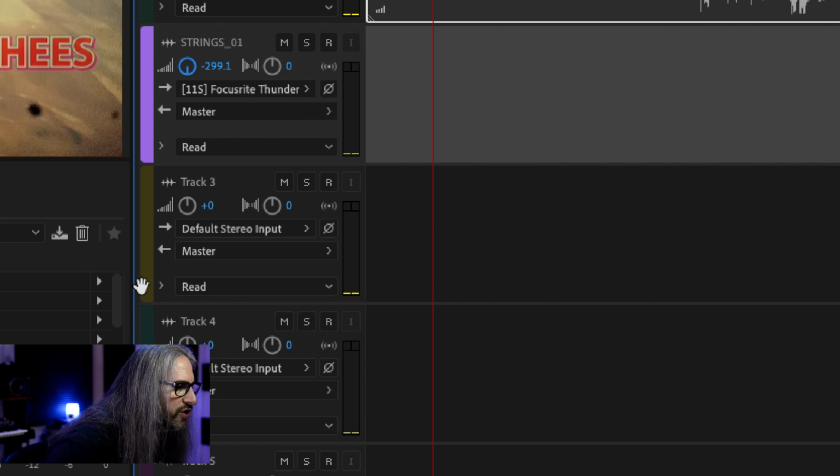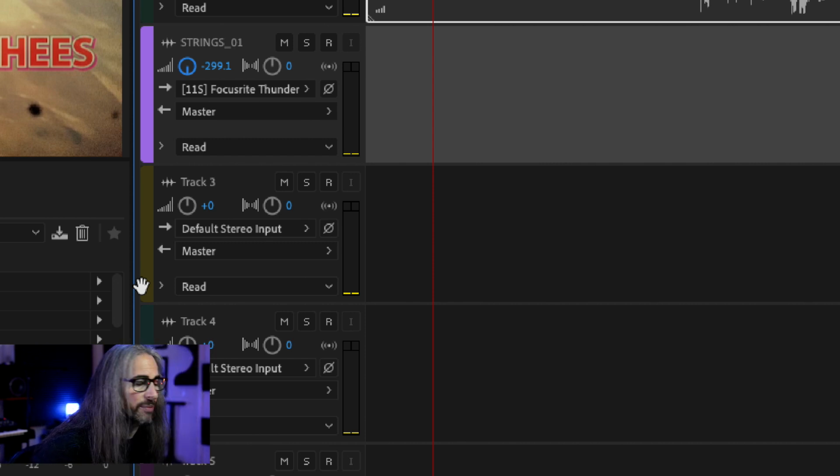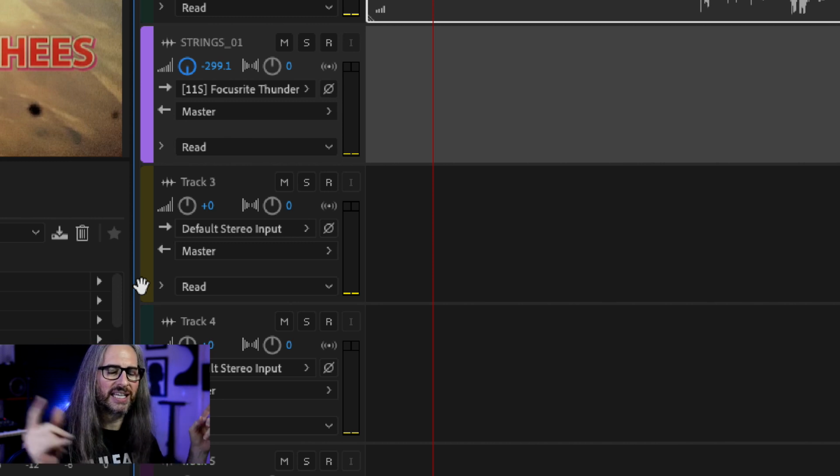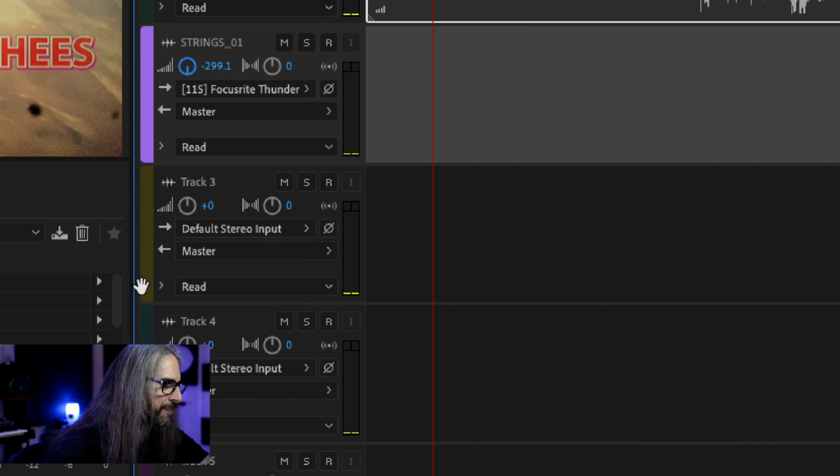Evil Schultz says, I usually toss in a 2-pop at top and tail to make sure the sync is good on round trip. Oh yeah, absolutely. Because in this case it's starting at the actual top of the edit, I'm not super concerned. Also, this is kind of free-form classical here. If it were something beat timed, I'd be a little more careful with it. But for most productions, yes, I'll have some kind of clapboard or just a snap at the beginning and the end, just to make sure that everything stays aligned. Definitely.